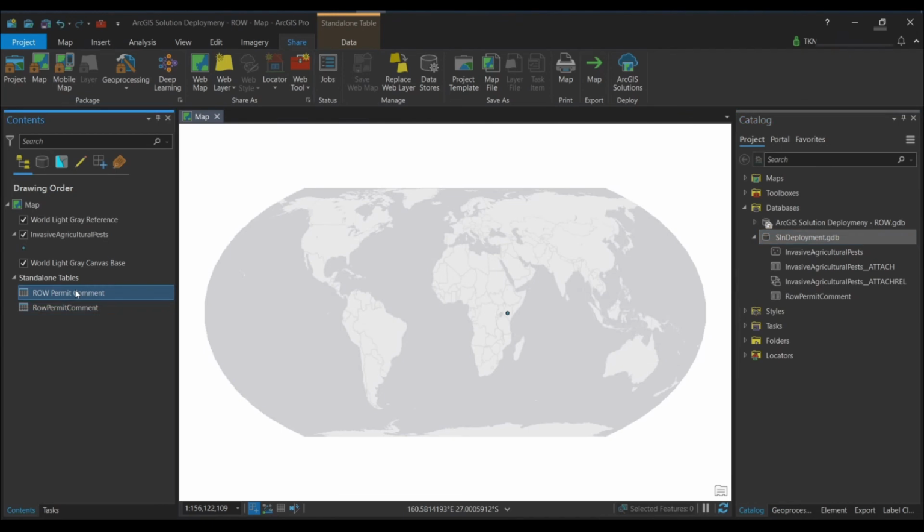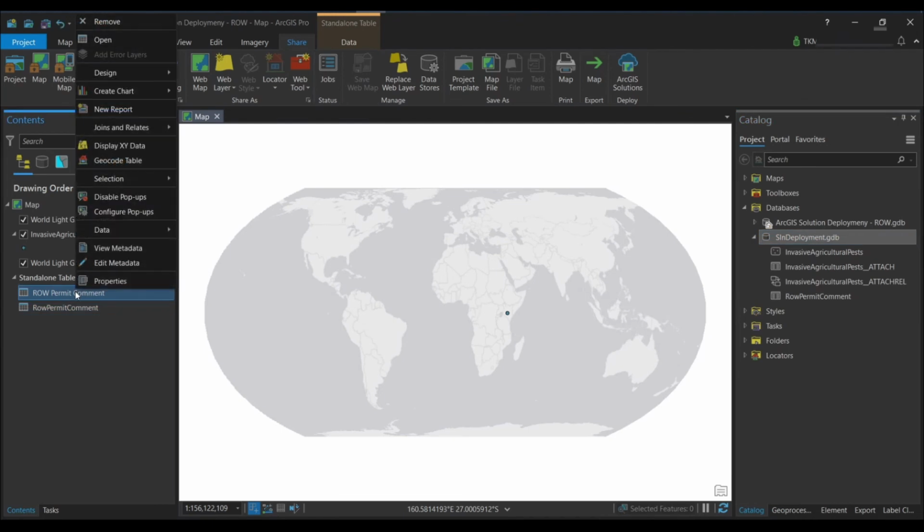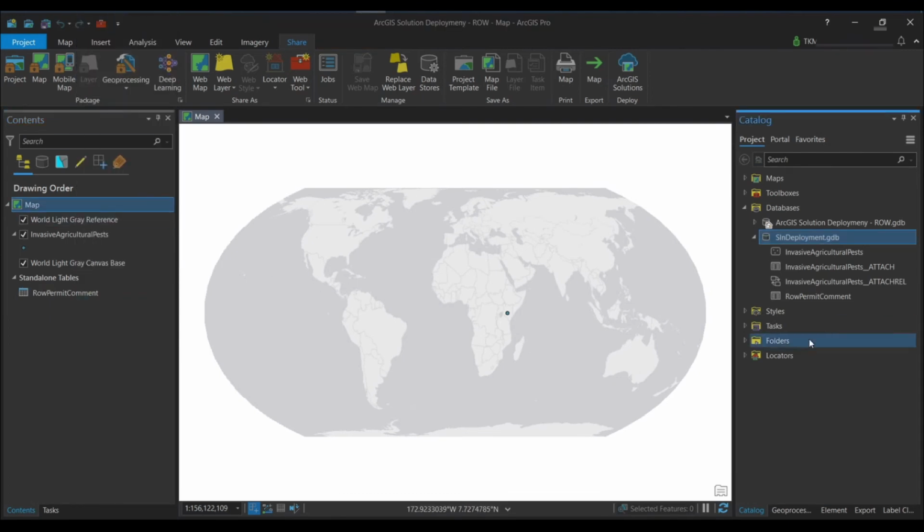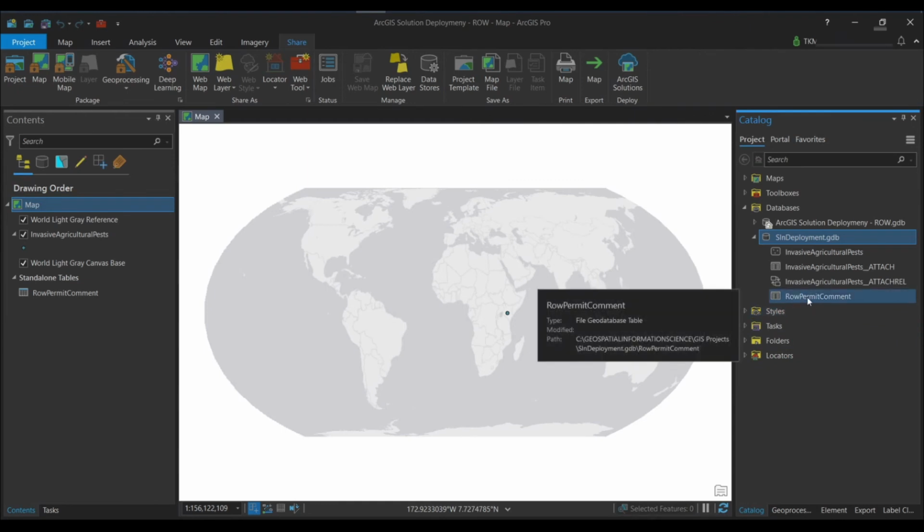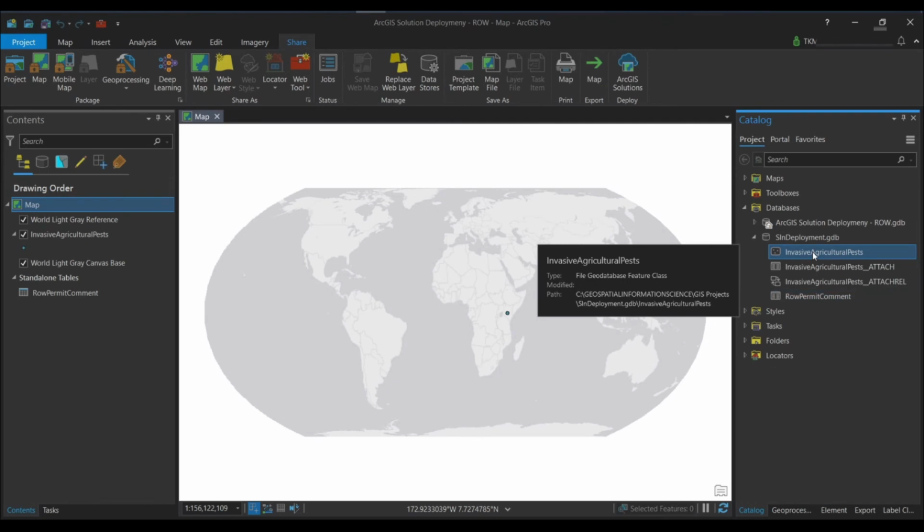So I'm going to do the same, right click the older table, and hit remove. At this point you want to make sure that you have at least this table and this layer here. Once you have that, the next step is to make sure that your items have the